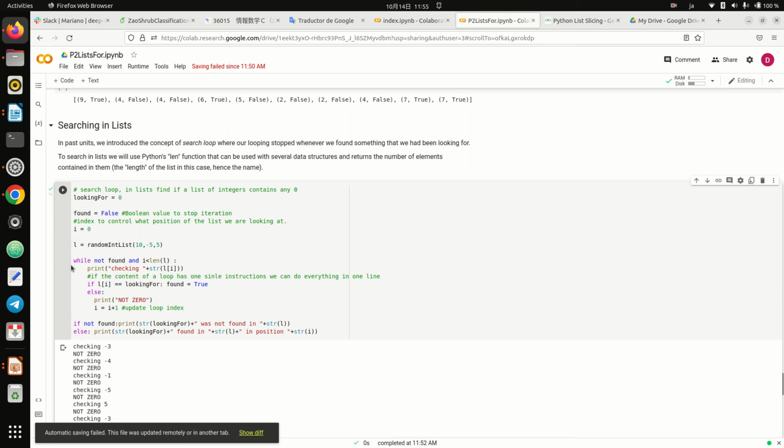It always has this structure with a while, with this double condition, one Boolean variable that tells me whether or not I have found what I am looking for, and one loop integer variable that controls that I have not reached the end of the list. Okay,